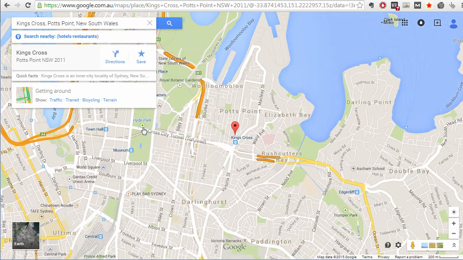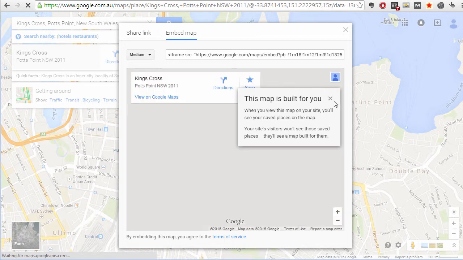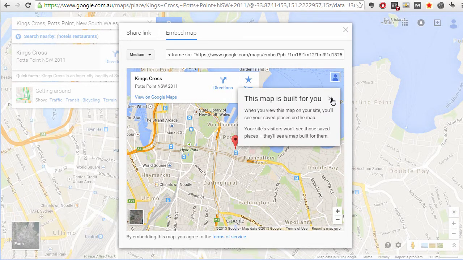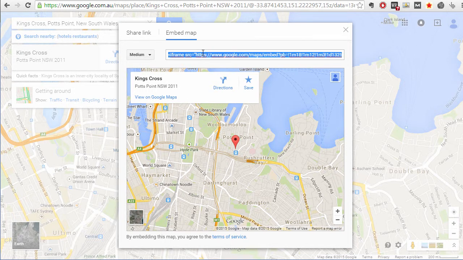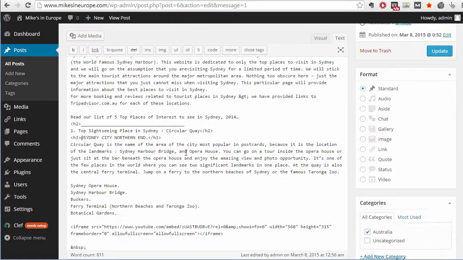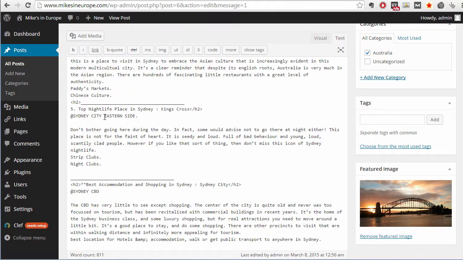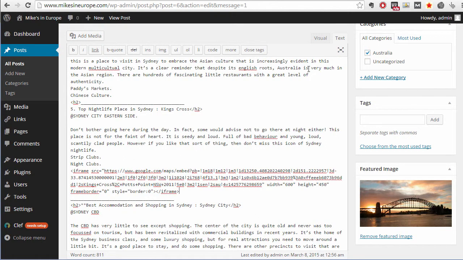Alright, now to embed this on my page, I just click on this little symbol down here and then share or embed map. Okay, so we don't want to share it, we want to embed it in our page. And I can change a bunch of settings, but basically I just want it like that, so that's fine. Again, copy the code, go back here, switch to text, find the place where I want to put it. Okay, so it's King's Cross, so I'm going to put it here underneath that post, and then I switch back